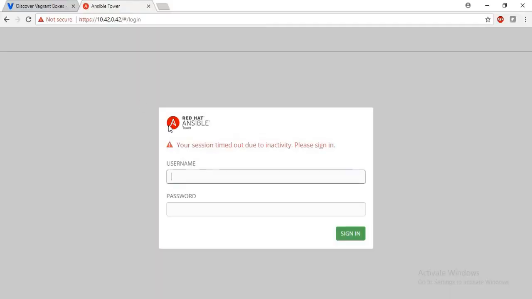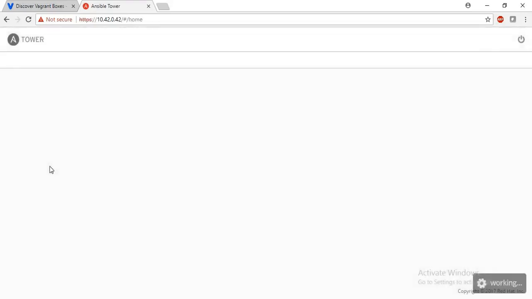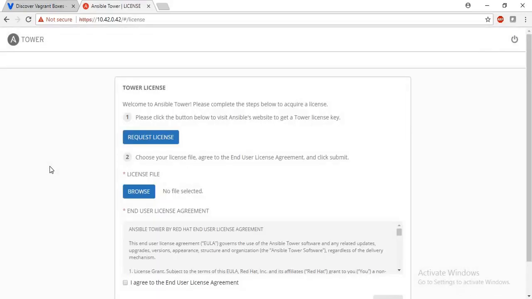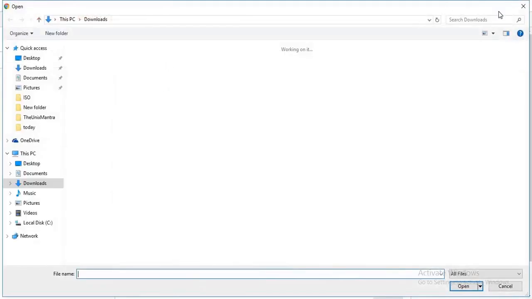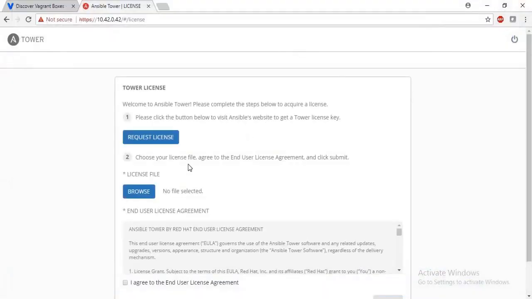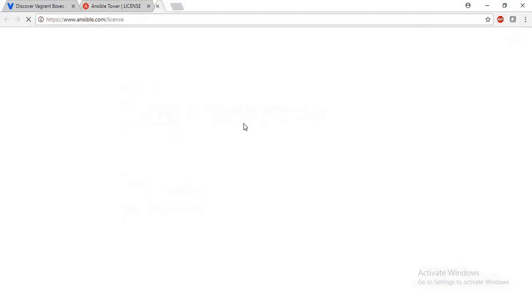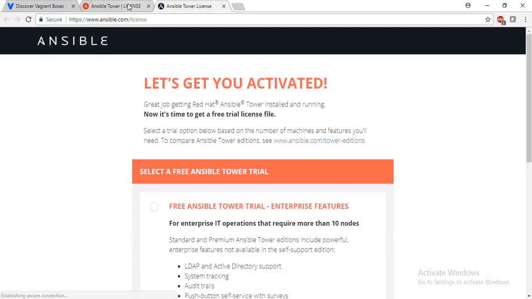Admin is the user, and here we go. So in order to proceed further, we will need a license file. The tower license is free for 10 nodes. So in order to request that license, just click on the request license button